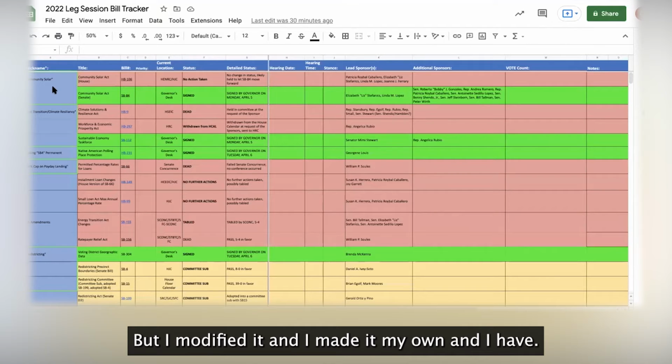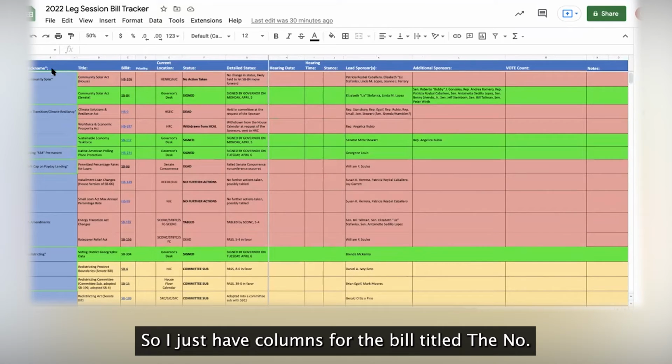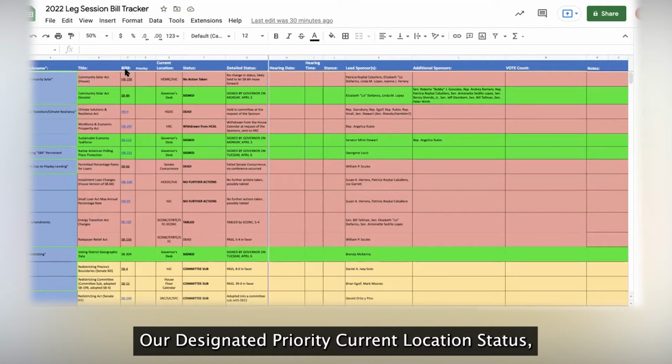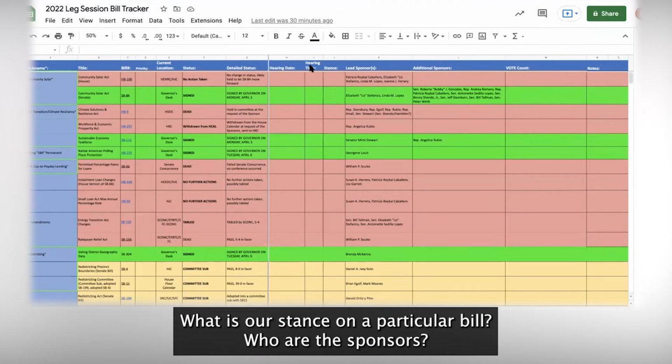But I modified it and made it my own, and I have columns for the bill title, the number, our designated priority, current location, status, more detailed status, hearing dates, hearing times, what our stance is on a particular bill, and who the sponsors are.